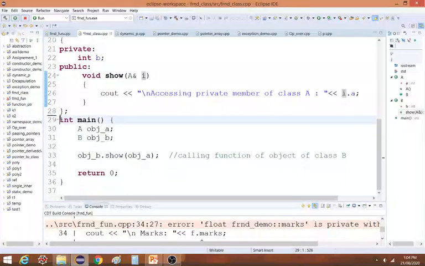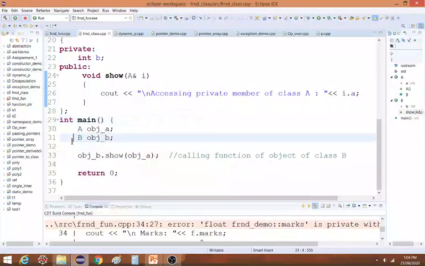In the main function, we have two objects declared, one of type A and the other of type B. You can see here I have object A which is of class A and a second object B of class B. Now on line number 33, I am calling the function show with the help of object B. Why?